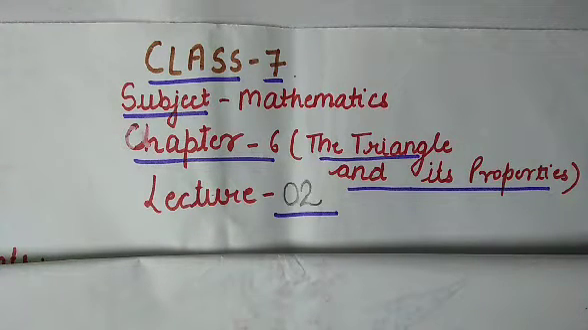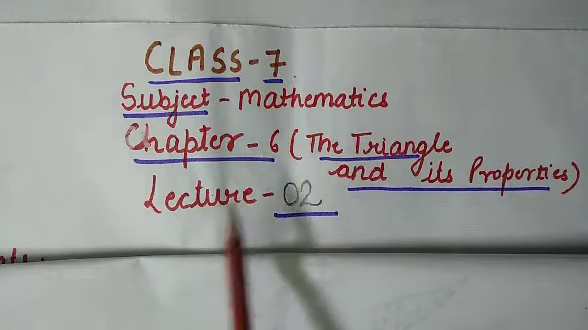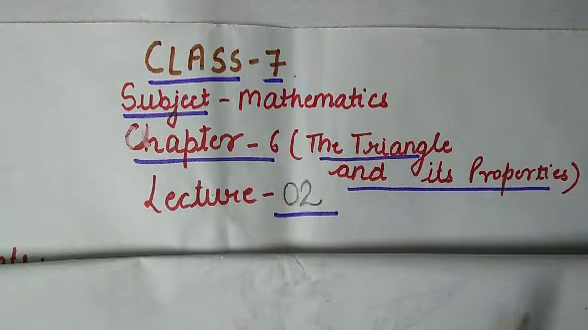This video is for the students of class 7, subject mathematics, and this is lecture number 2 of chapter number 6, the triangles and its properties. In the previous lecture, that is lecture number 1, we started the chapter and learned about altitude and median. In this lecture, we continue with the properties, and the very first property that we are going to learn about triangle is